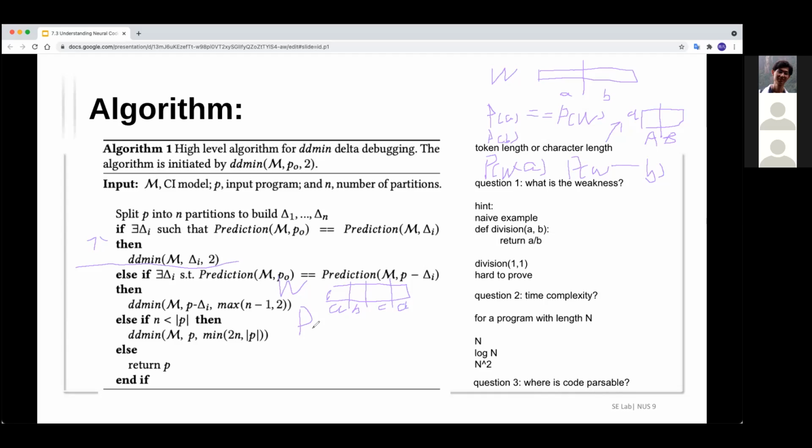Then he will compute the same, like P(A), P(B), P(C), P(D), and P(W minus A), P(W minus B), P(W minus C), and P(W minus D), and then check whether they give the same prediction as the original one. For example, if W minus A has the same prediction as the original prediction, it will split the W minus A